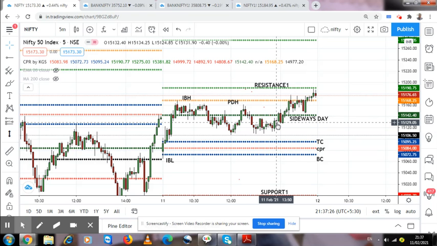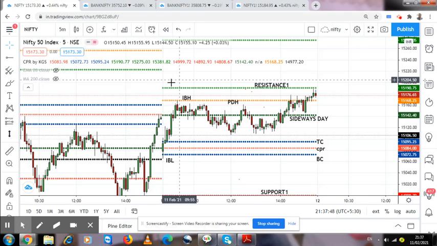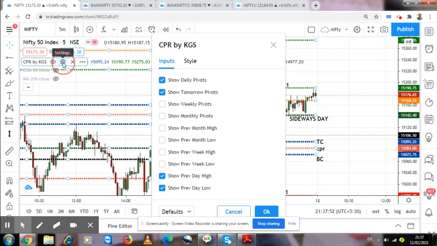Whether the price is opening below this bottom, then we will see the 15-minute candle and take a position on the lower side. If it happens to open higher, above the central pivot range, then we are going to see the 15-minute candle, and then we'll take a position accordingly. Okay, so I'm going to remove tomorrow's pivot which I have plotted.